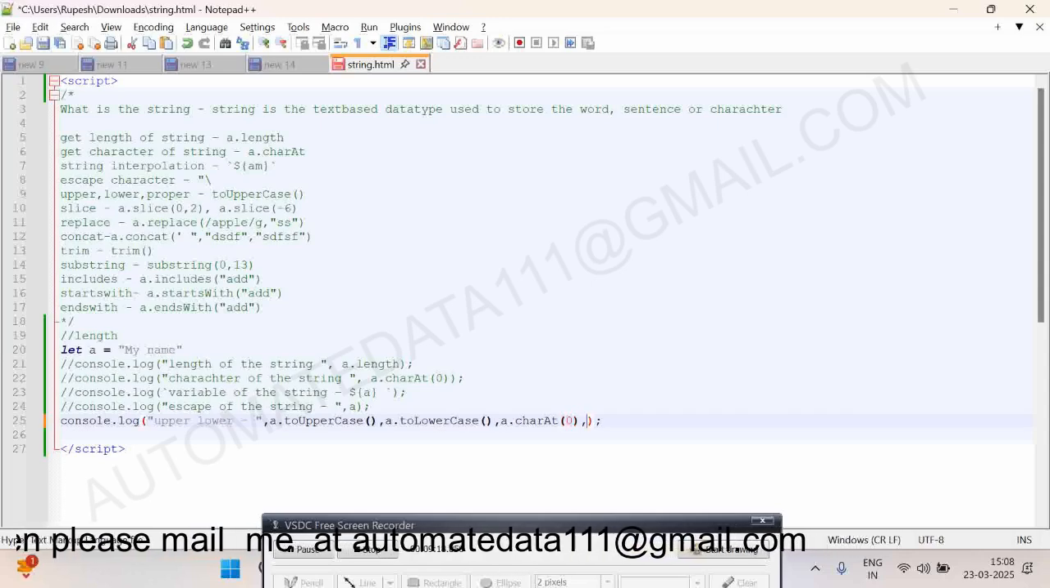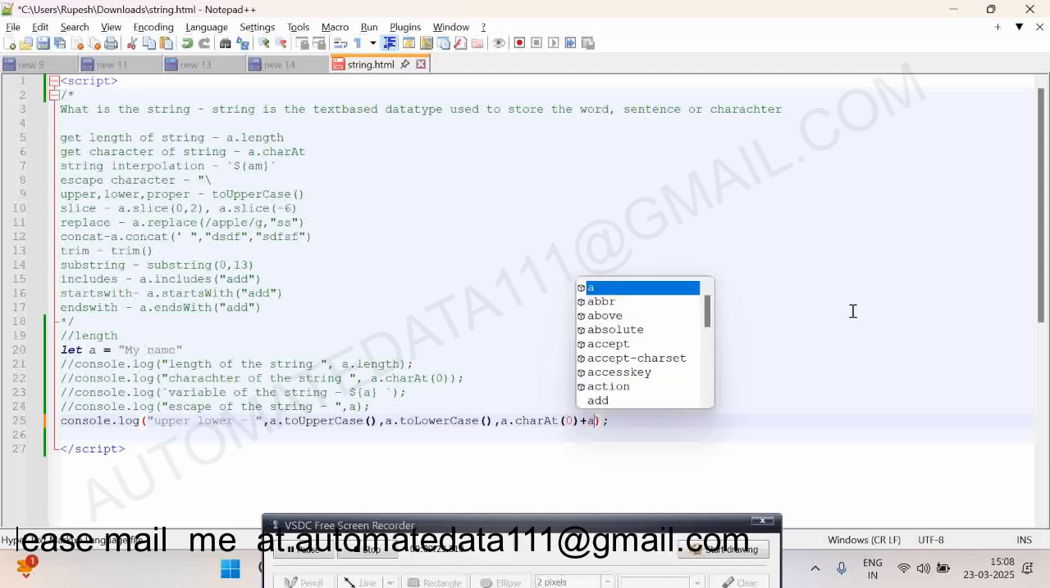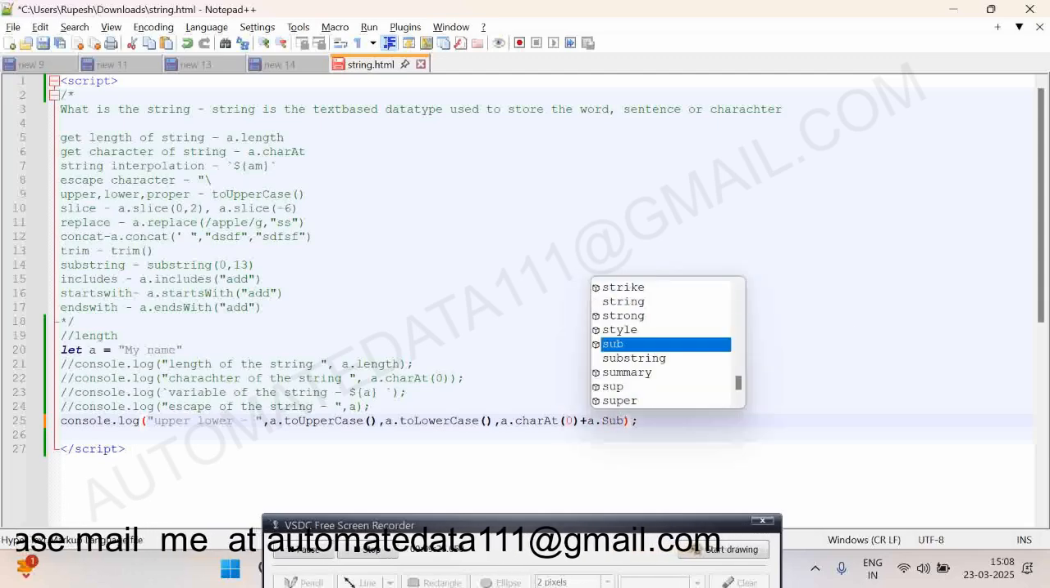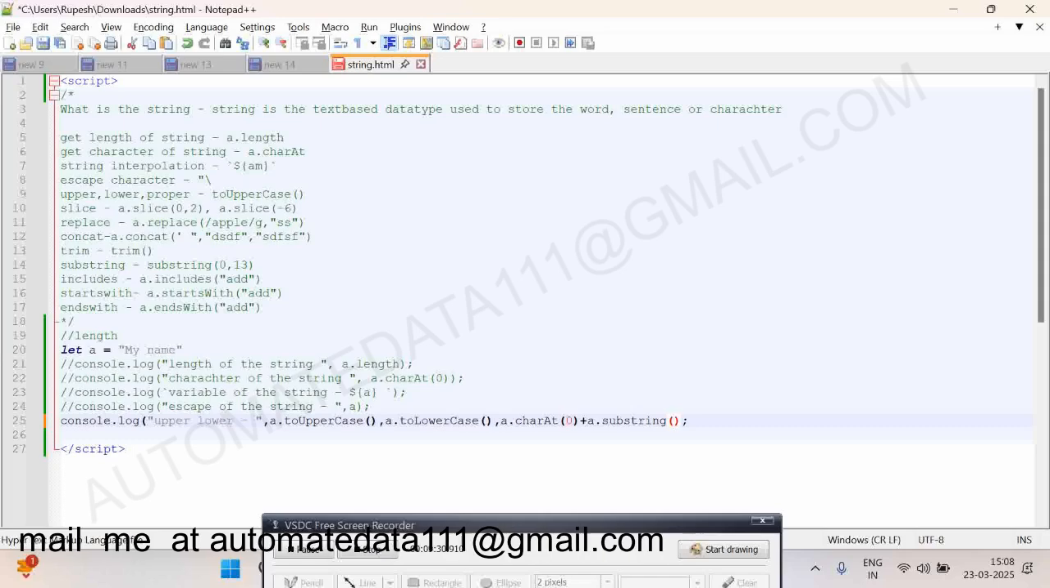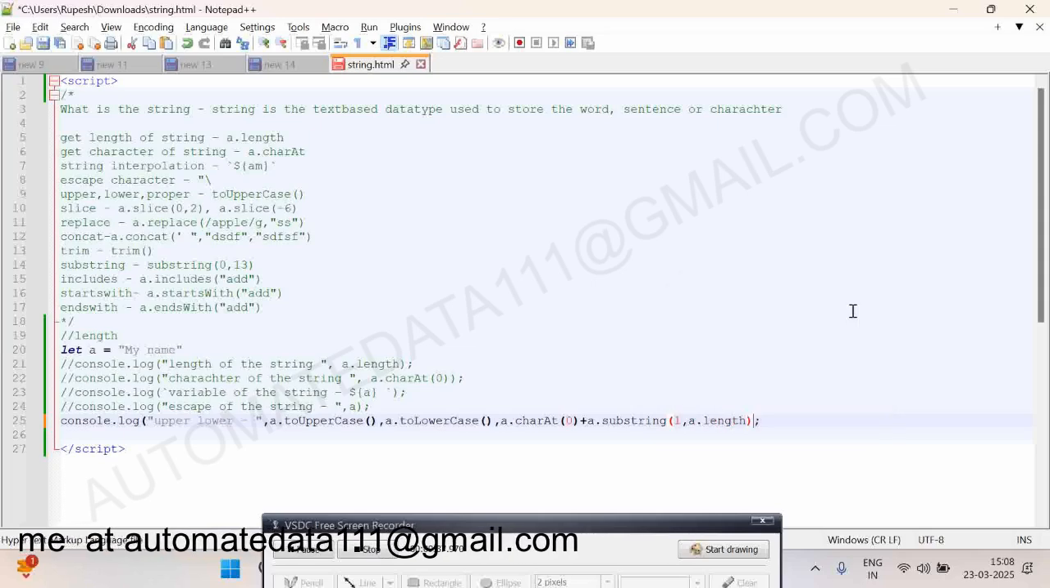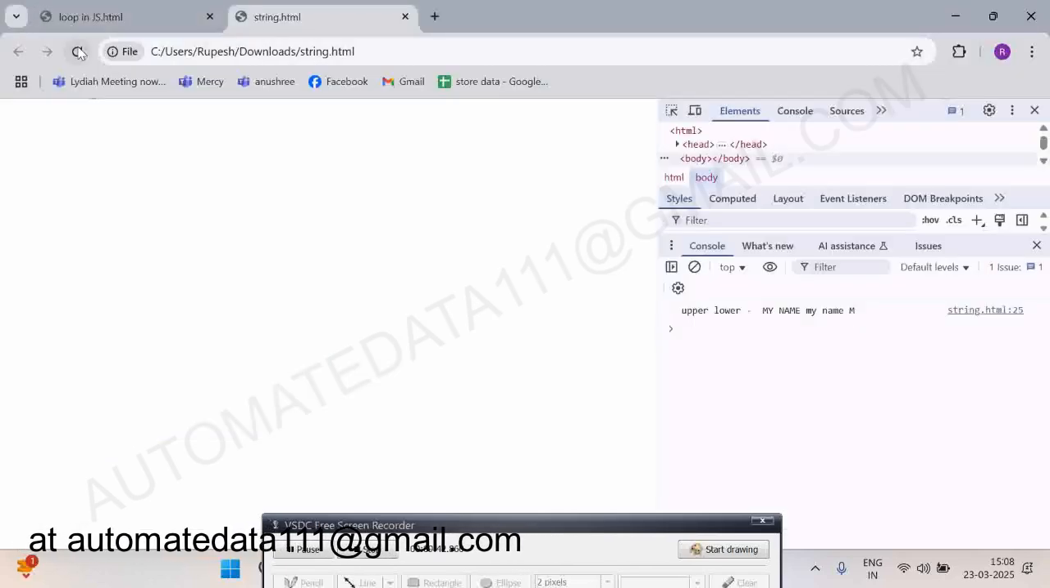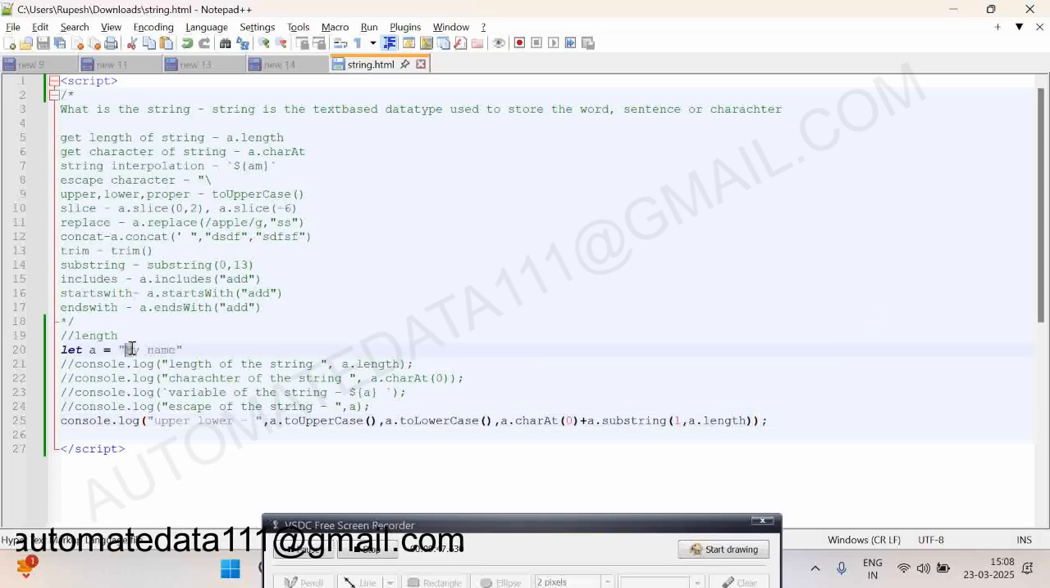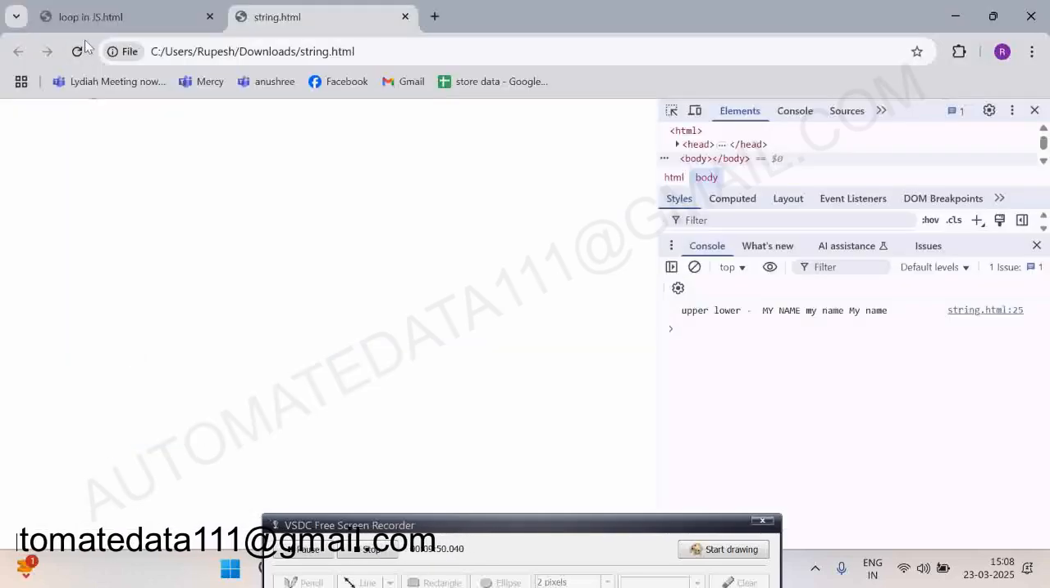And the substring. You can use the substring in this one. Let's say my indexing is this to this length. Okay, so if my aim is small here, and if I put here